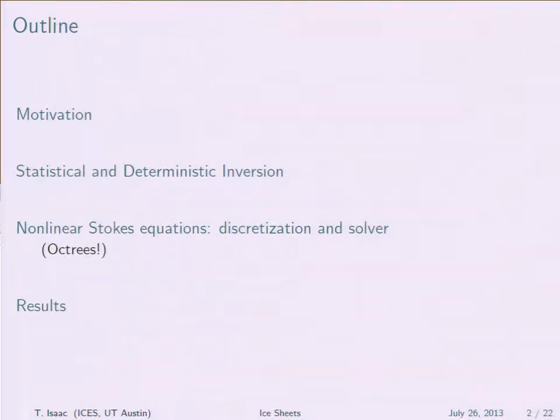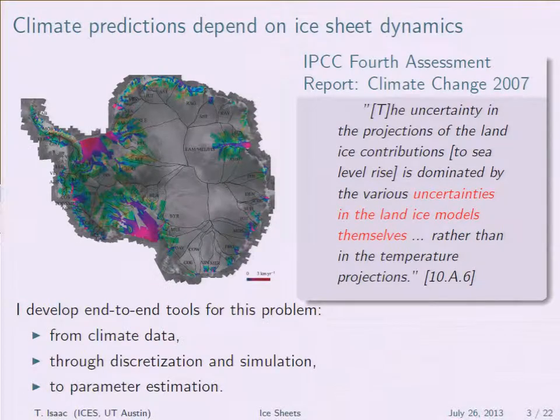Standard talk outline, I'm just going to motivate. I'm going to talk a little bit about statistical and deterministic inversion in a very broad sense. Then my work on a day-to-day basis on developing discretizations and solvers for nonlinear Stokes equations for ice sheets, and then I'll show some results. Okay, so the motivation comes from the last IPCC report, the one that won the Nobel